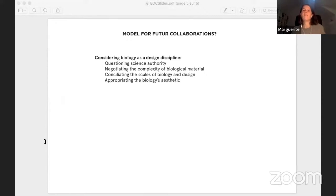Biologists, on the other hand, really play the design game. They adapt it to designers' ideas. They try to make them viable. They take on the role of bridging between designers and the reality of biological practice and the knowledge needed to achieve the project. So by studying the tensions that arose in the projects, we found that collaborative biodesign projects still challenge key